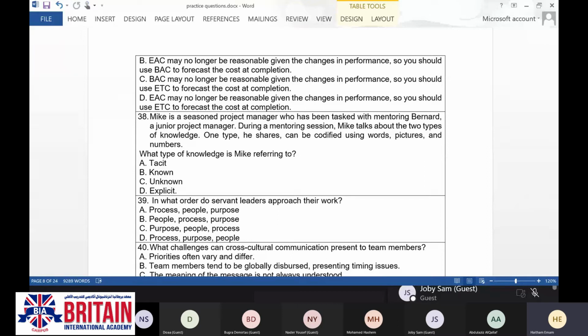Hiring additional resource, or doing it by yourself? I don't remember the other options, but the right answer at that time was doing it by yourself. Because again, you want to let your people focus on the technical stuff. And if you can help them in the documentation, that would be appreciated, because that is your role as a servant leader, to act as a shield for your people.